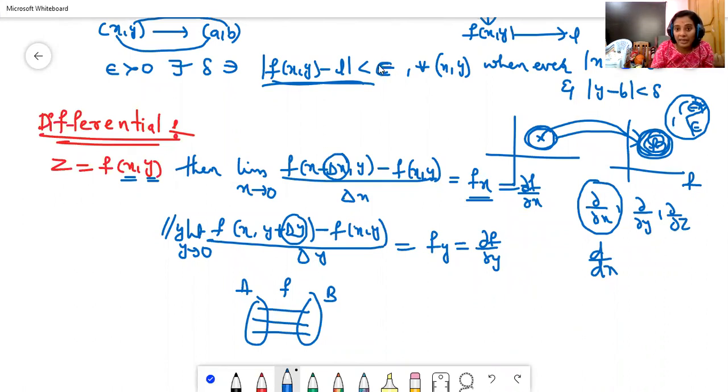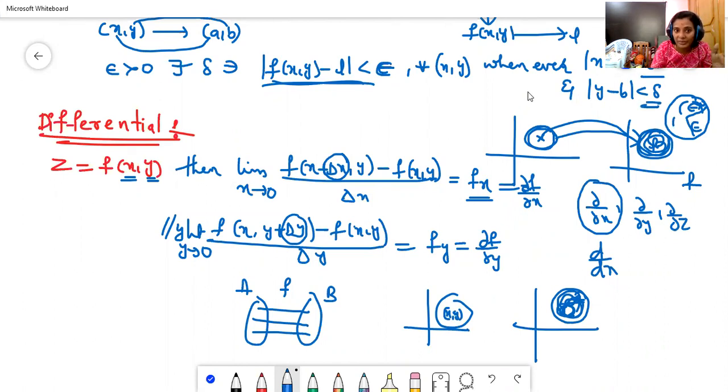In that, the function has some particular boundary, an epsilon distance. In this, all the functional values in the area are continuous, where x and y also lie within some particular distance delta, that is small delta. That is the relation for limits.